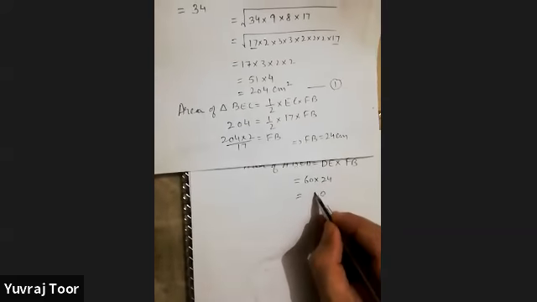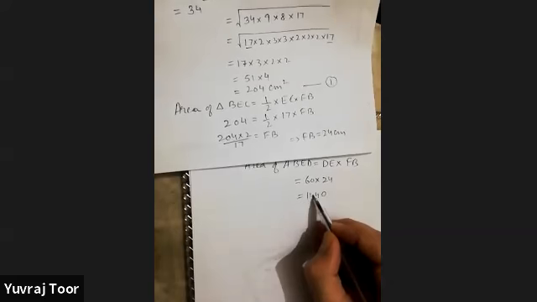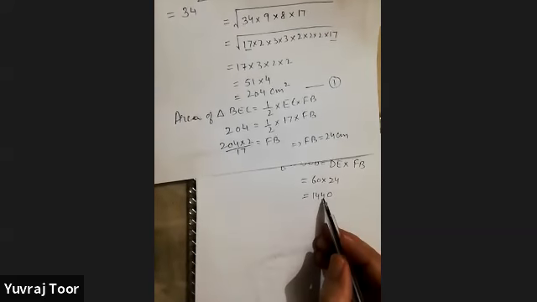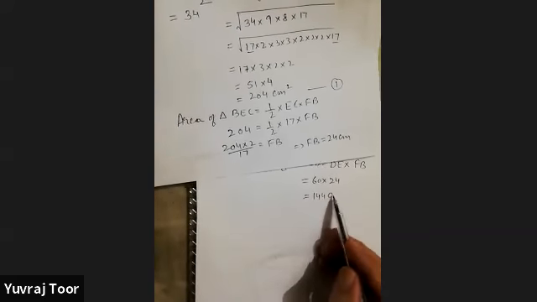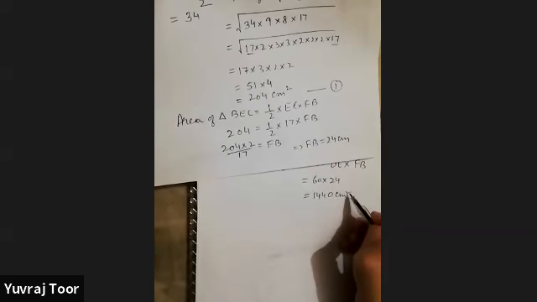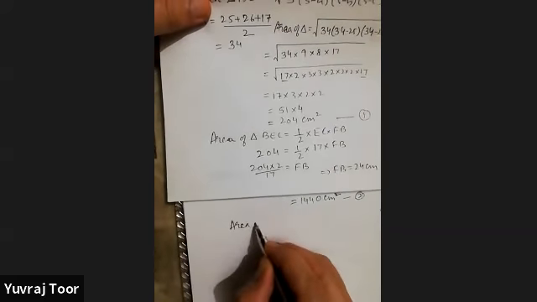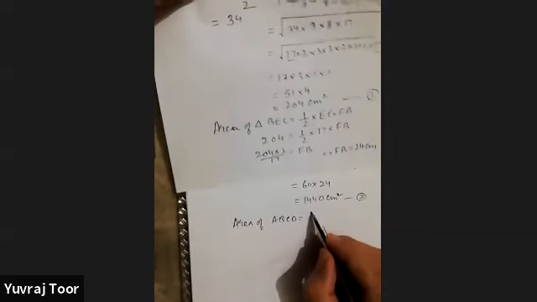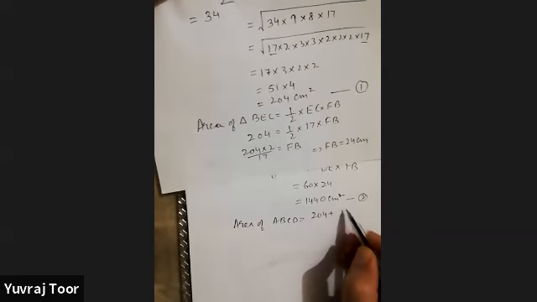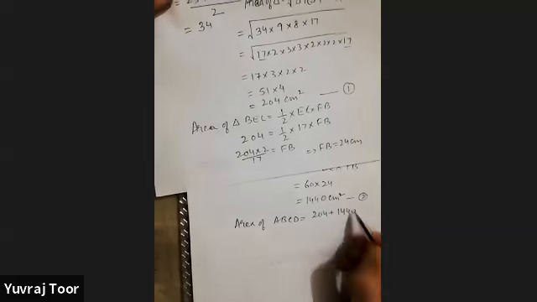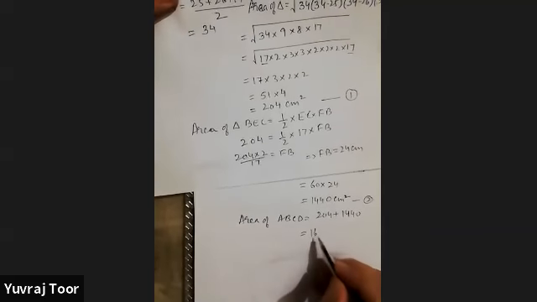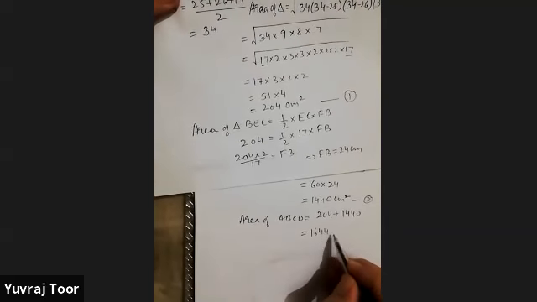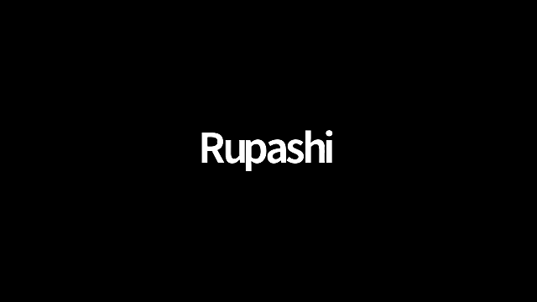This gives you 1440 centimeter square. So we'll add this to the previous value. Total area of the figure, area of ABCD is 204 plus 1440, that is 1644 centimeter square. So it's quite important